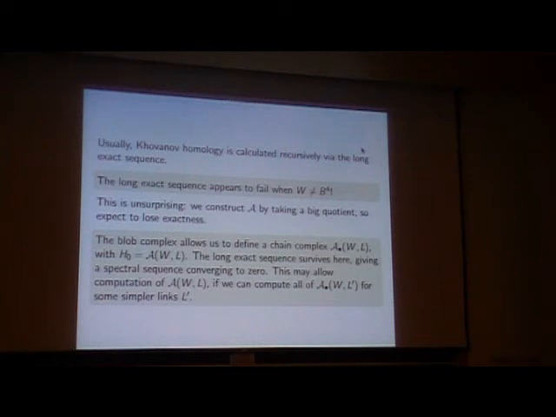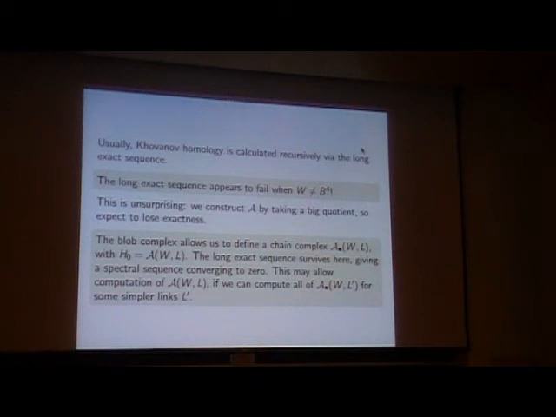But the long exact sequence just doesn't work anymore when W isn't B4. We could hope that it works. I mean, we can think about the invariant for a fixed four-manifold with 3 different links in the boundary that differ by a resolution of the crossing. But at least our engineering level calculations in B3 cross S1 suggest that the long exact sequence fails. And this is unsurprising. We're constructing A by taking some big quotient, and there's no particular reason to expect